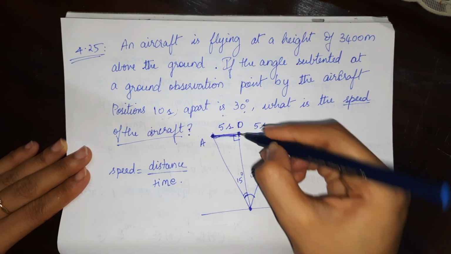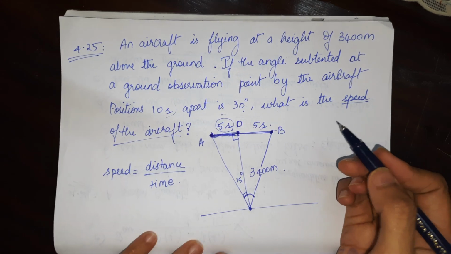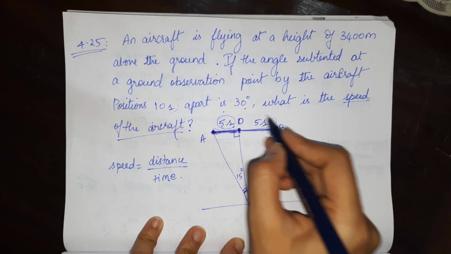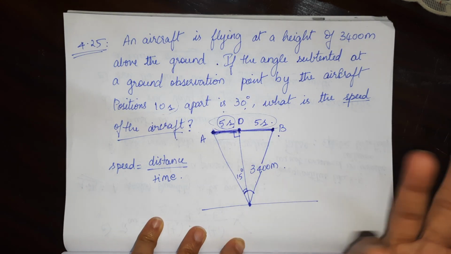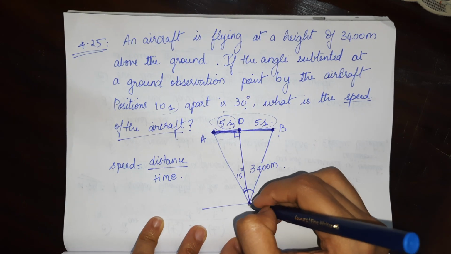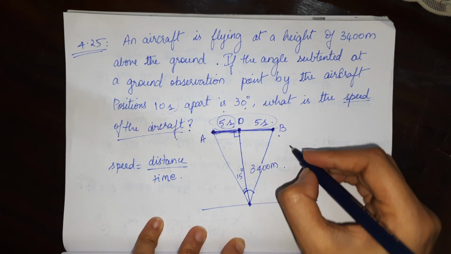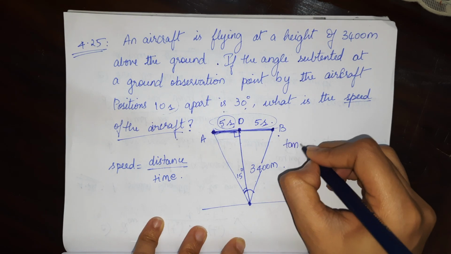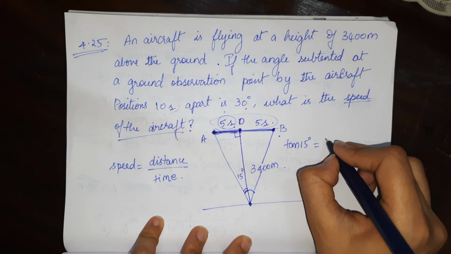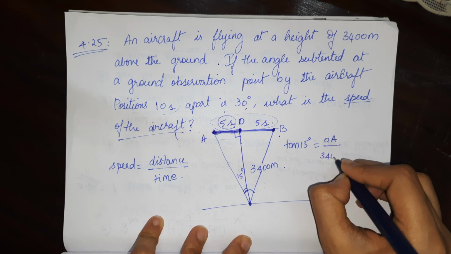So this is the distance travelled, this is the time taken. Speed will not vary, because the aircraft is moving with a constant speed. Even if you take the full length and the total time, you are going to get the same value. You can try it if you want. This side we know. This is the adjacent side. We want to find the opposite side, so we will take tan 15. Tan 15 is equal to opposite by adjacent, so OA divided by 3,400.